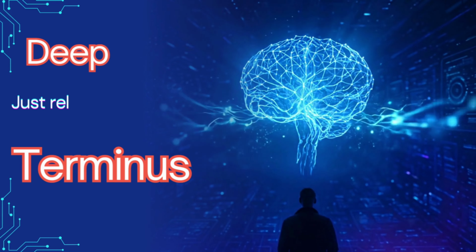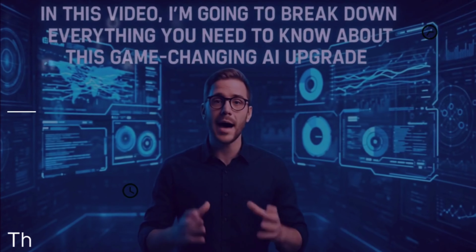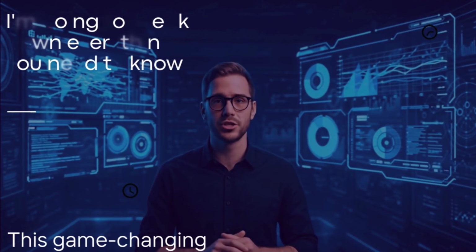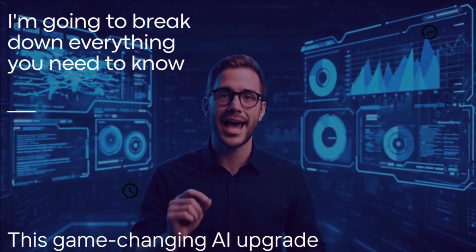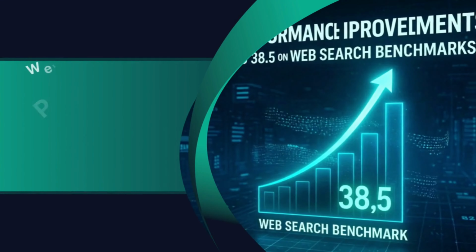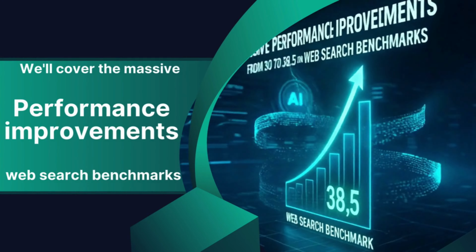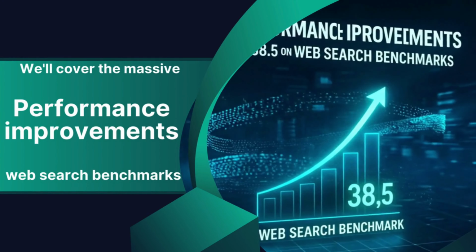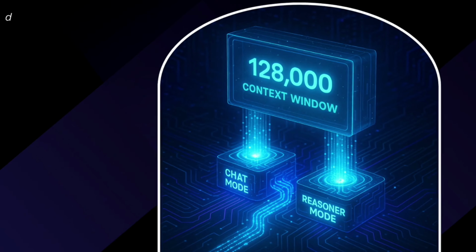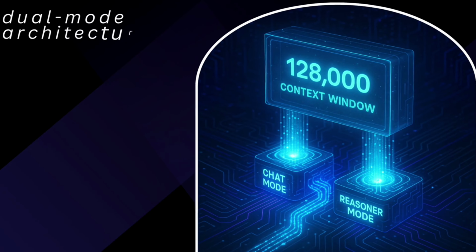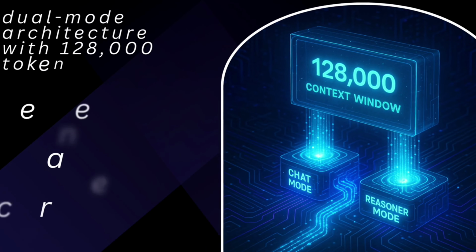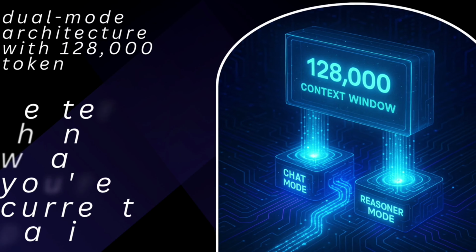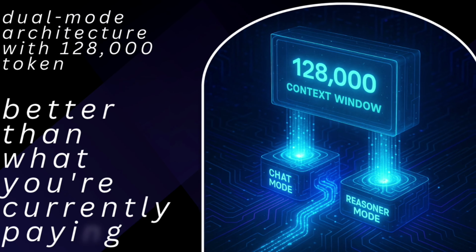DeepSeek just released their new Terminus model, and in this video, I'm going to break down everything you need to know about this game-changing AI upgrade. We'll cover the massive performance improvements, like jumping from 30 to 38.5 on web search benchmarks, the new dual-mode architecture with 128,000 token context windows, and most importantly, why this completely free, open-source model might be better than what you're